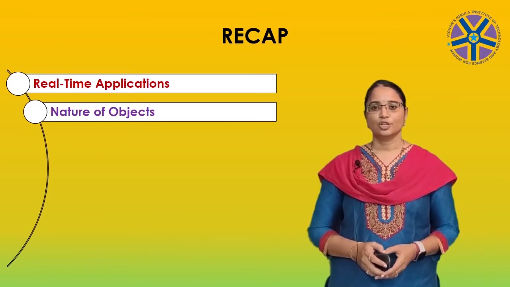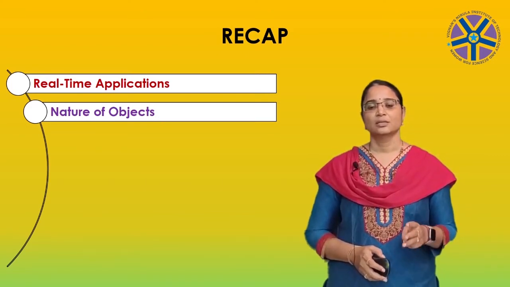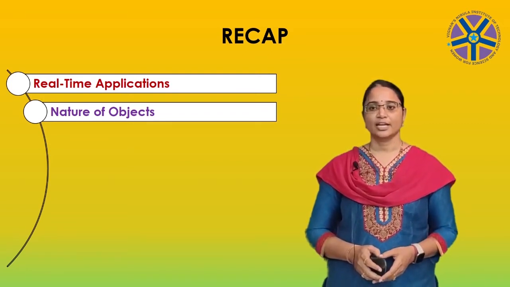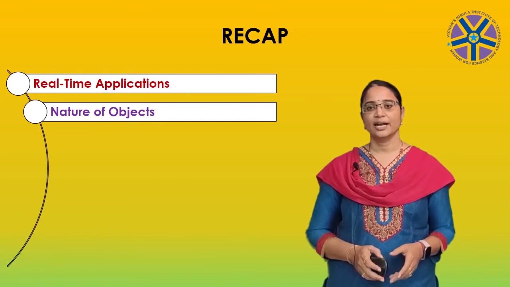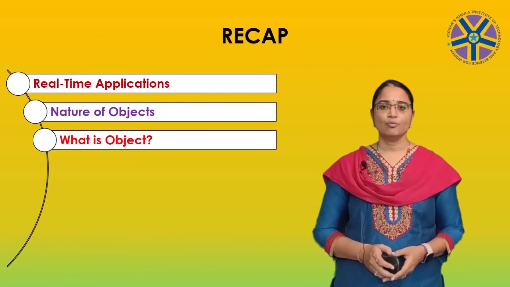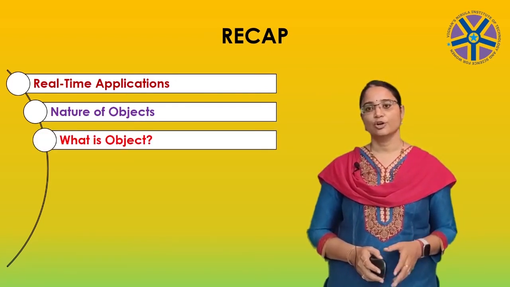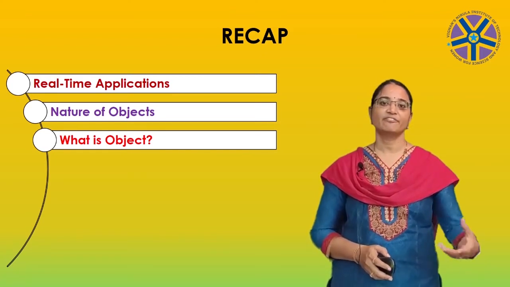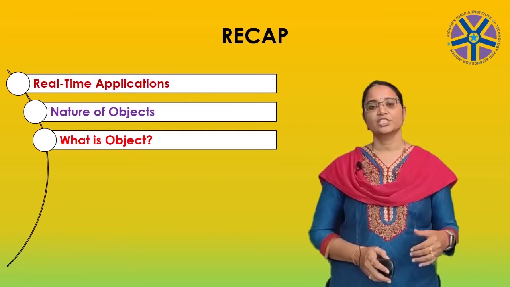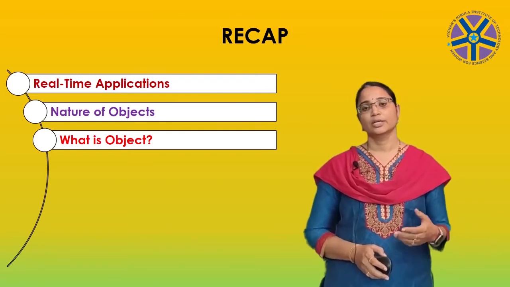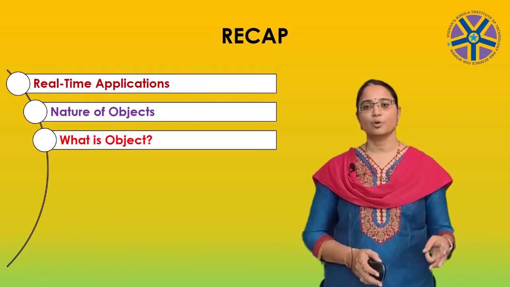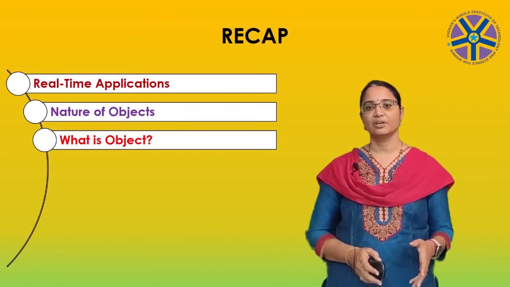We have seen the nature of the object. The nature of the object is it should be of 3 types. First one is tangible or visible thing. Second one is it should be apprehended intellectually. And next one is it should be thought or action directed. Next, coming to what is an object, we have seen that an object is a tangible entity that exhibits some well-defined behavior. So, which is physically visible is an object and which is not physically visible, it means time, beauty, air, colors, are not objects. And we have seen the 3 properties of the object: state, behavior, identity.